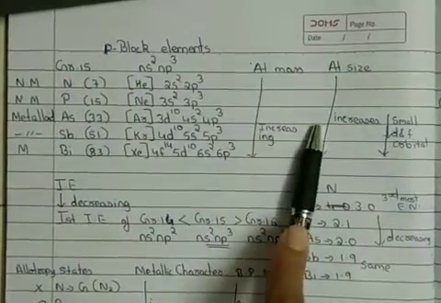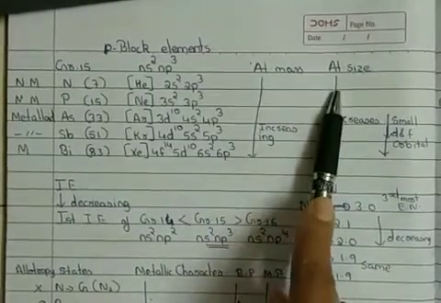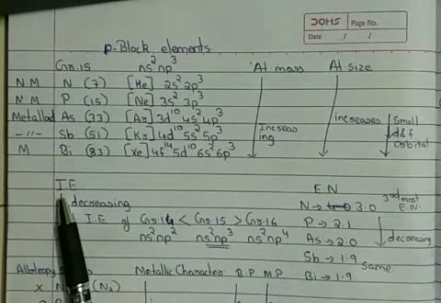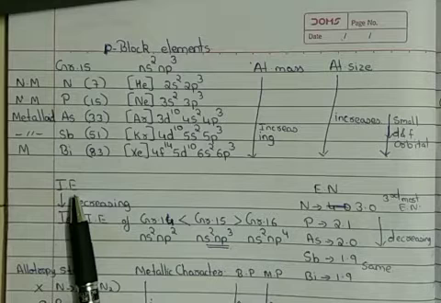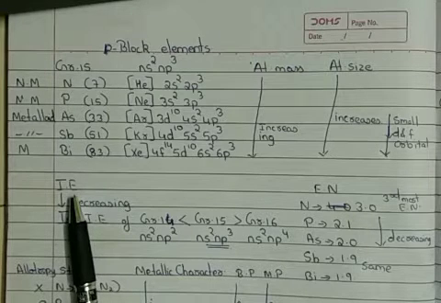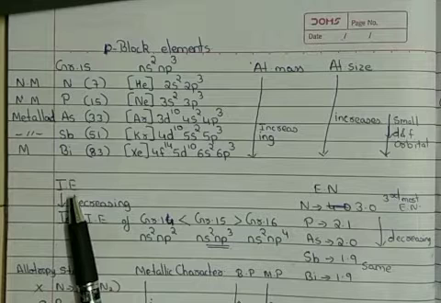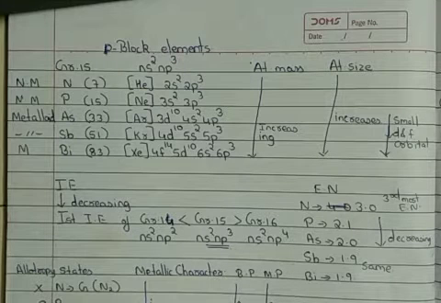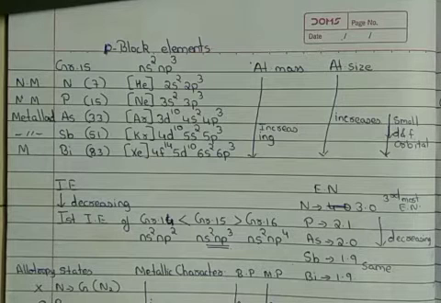Atomic mass and atomic size we have talked about. After we know atomic size, the next property we have to see is ionization enthalpy. Now first and foremost, what do we understand by ionization enthalpy? Ionization enthalpy is the amount of energy required to remove the most loosely bound electron from a neutral gaseous atom. I repeat again, ionization enthalpy is the amount of energy required to remove the most loosely bound electron from a